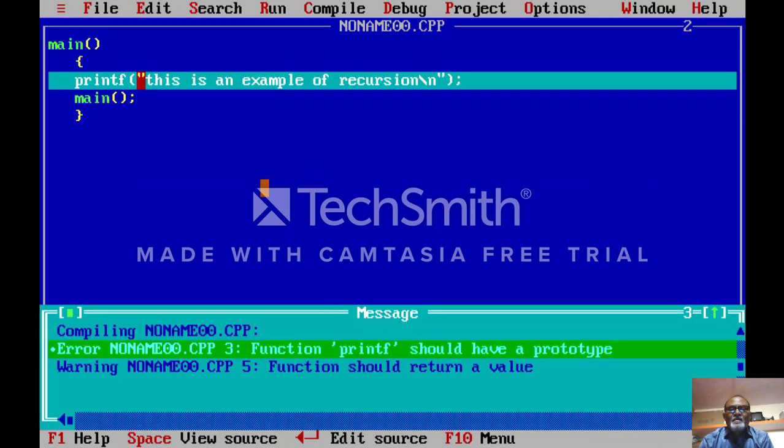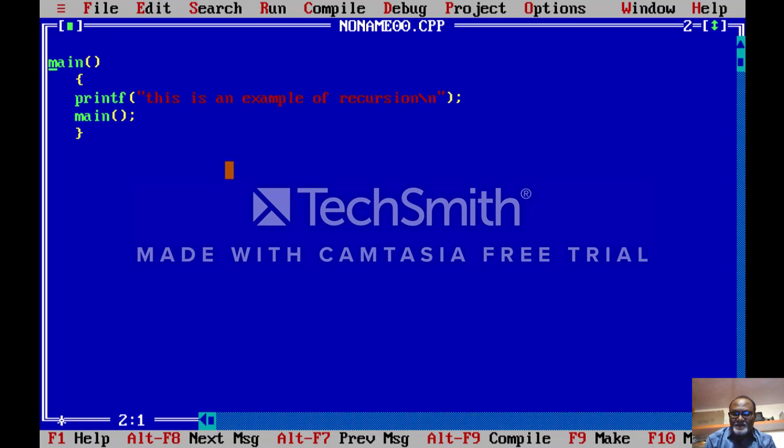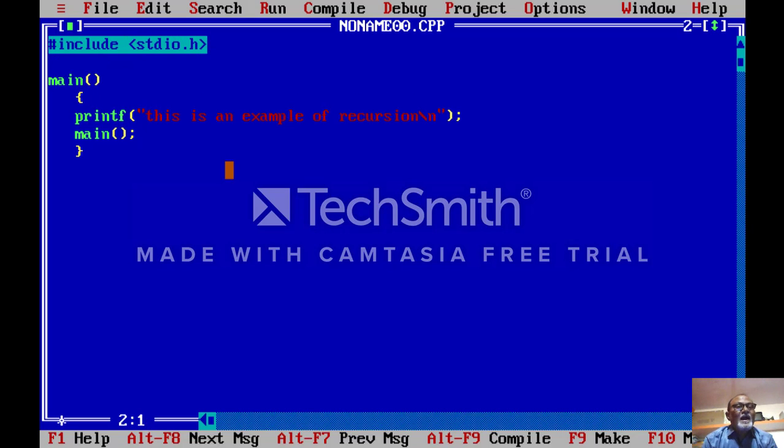printf. So include some files here by using this directive, include stdio.h, and the other header file is conio.h.